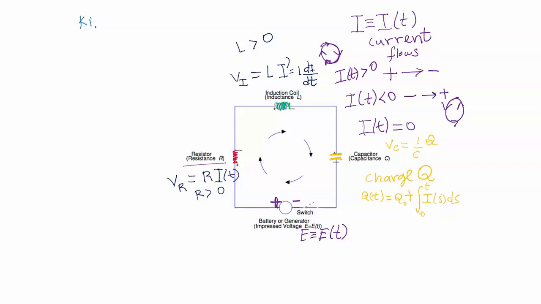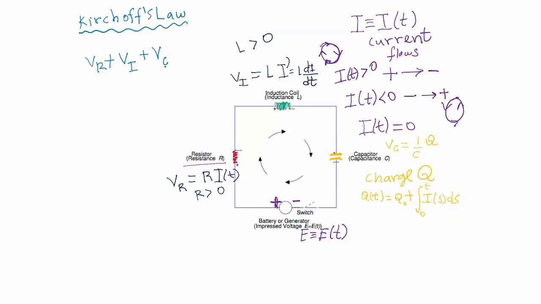Kirchhoff's law. And this law establishes that the sum of the voltage drops in a closed circuit of this type, which is called RLC, is equal to the impressed voltage. So this law says that V sub R plus V sub L plus V sub C